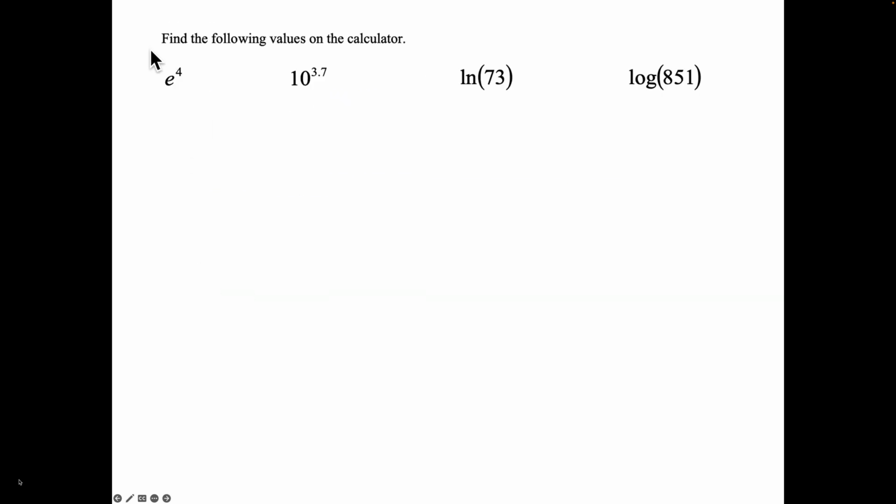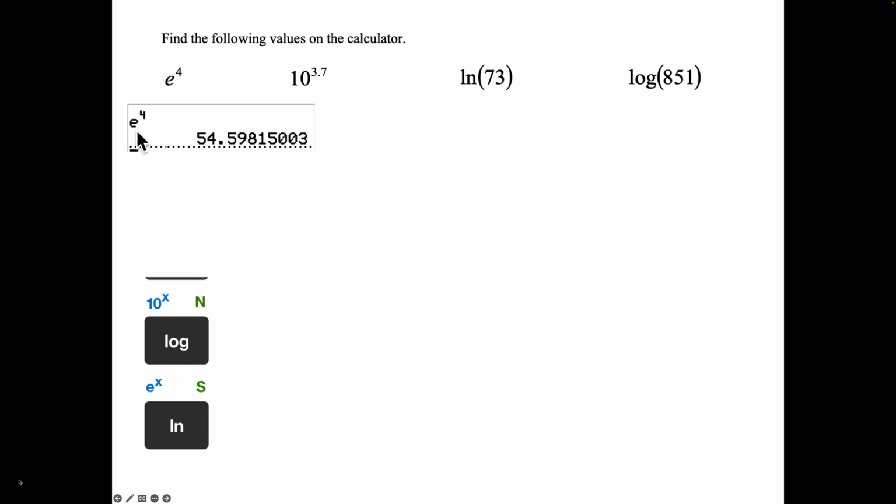Now, if you were asked to find the following values on your calculator, you're going to look in the left-hand column. This is just to the left of number 7 and to the left of number 4. This is your common log, base 10. You'll notice that I have to hit second log to activate 10 raised to a power. And if I want E raised to a power, I will hit second the ln button to activate E to the x. So my calculator entry for E to the 4th would be second, the ln button, I'll get the E, I'll get a little square text box up here, put in the 4, hit enter, and this is the value you should get,